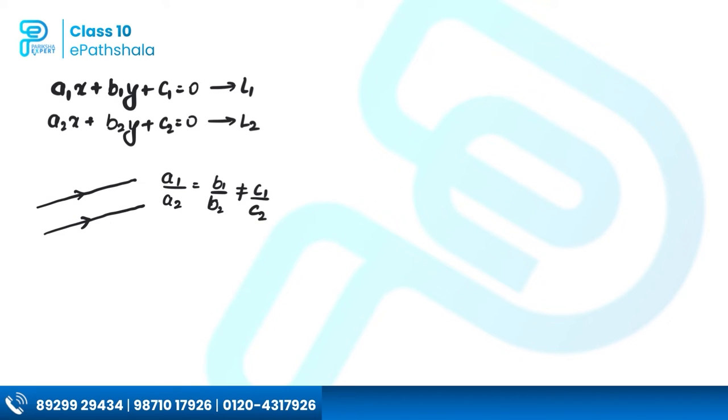What will happen if these lines are coincident? Coincident means that they are one above the other like this. In such a case, the condition will become a1 upon a2 is equal to b1 upon b2 is also equal to c1 upon c2. Now to differentiate between the two conditions, always remember that for the lines to be parallel, we always have